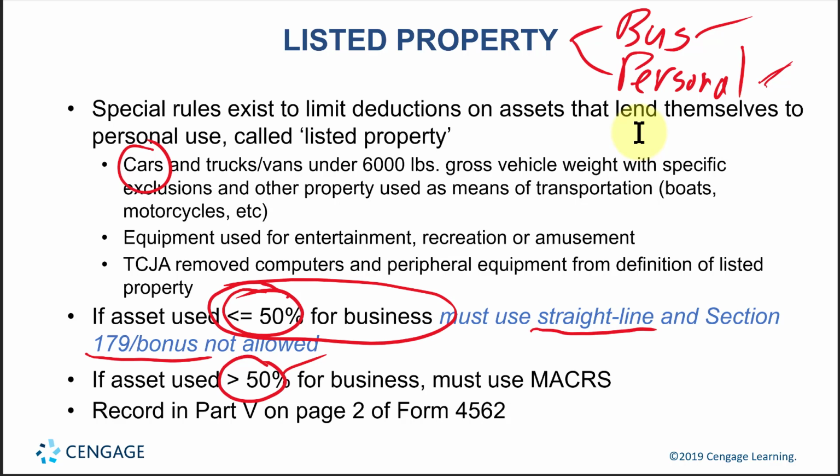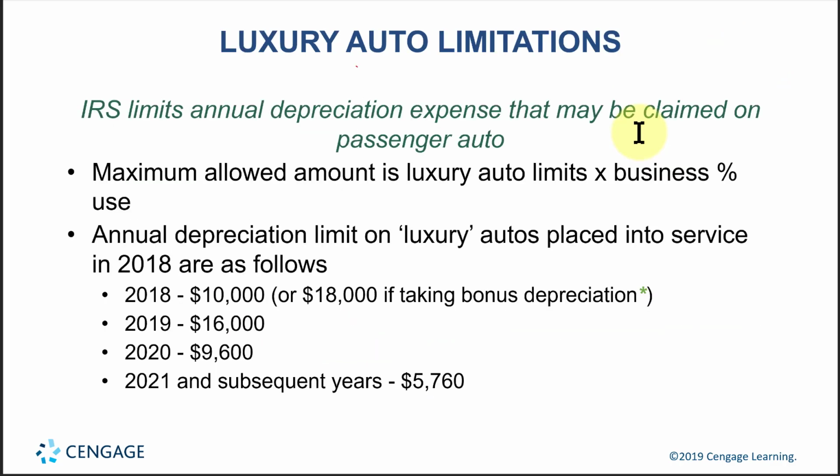Again, business use more than 50%, you still have to calculate the business use, but now you can take 179, you can take bonus, you can take MACRS on that business use. Okay, that was listed property. Let's look at another limitation